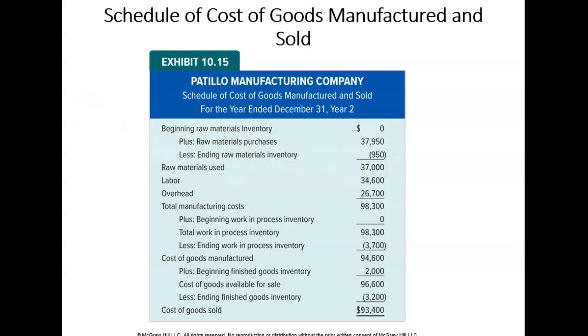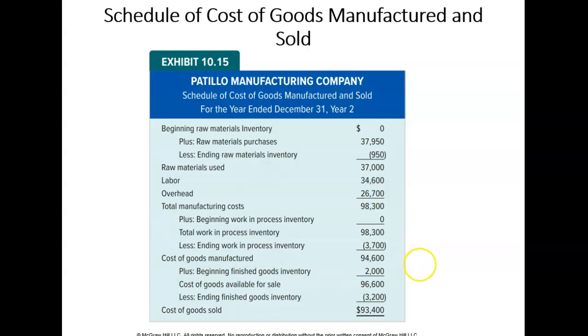That represents your direct material cost. Add to that your direct labor, overhead assigned to get the total manufacturing cost, also known as your product cost. We'll add to that beginning work in process inventory, which would be any products that were partially completed at the beginning of the year. For us, that was 0. So total work in process is